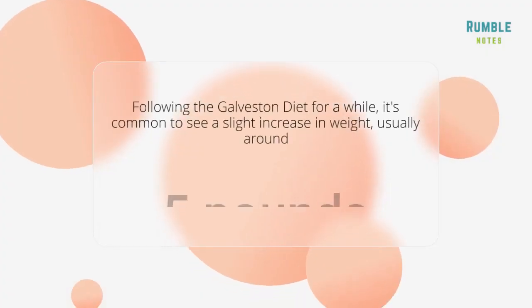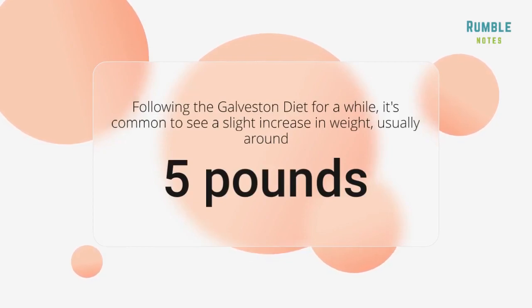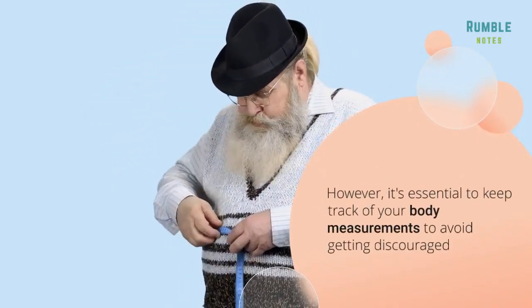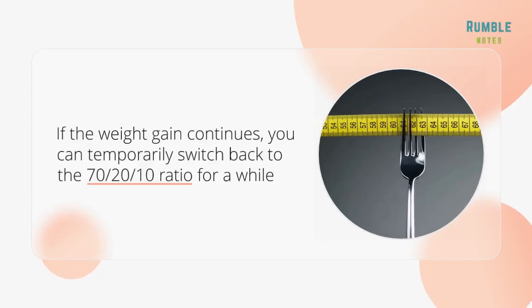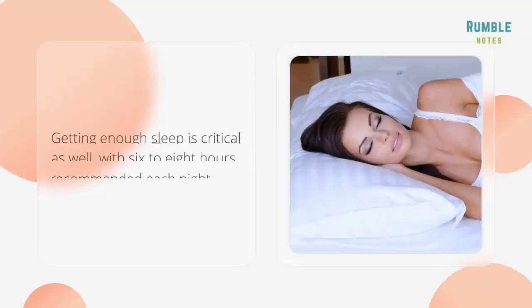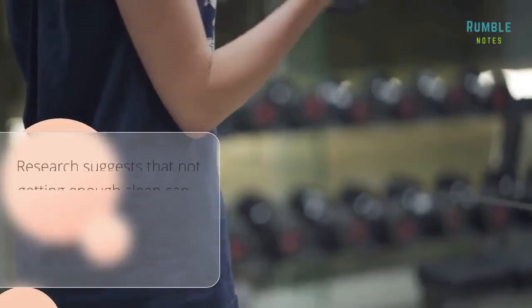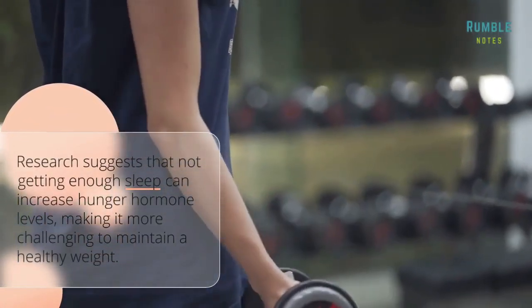After following the Galveston Diet for a while, it's common to see a slight increase in weight, usually around 5 pounds. However, it's essential to keep track of your body measurements to avoid getting discouraged. If the weight gain continues, you can temporarily switch back to the 70-20-10 ratio for a while. Remember that eating the right foods is just one aspect of a healthy lifestyle. Getting enough sleep is critical as well, with 6 to 8 hours recommended each night. Research suggests that not getting enough sleep can increase hunger hormone levels, making it more challenging to maintain a healthy